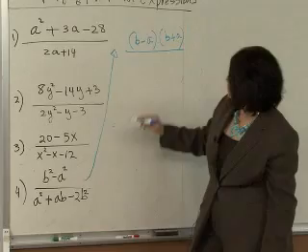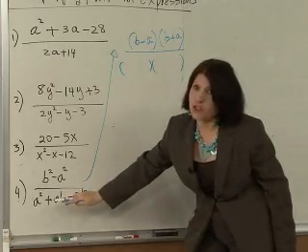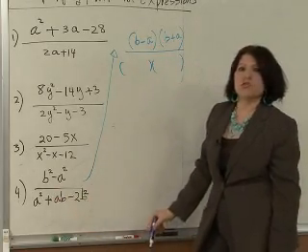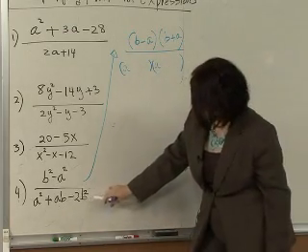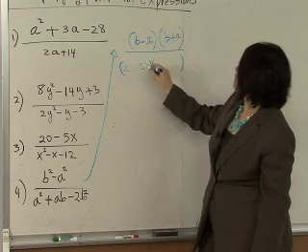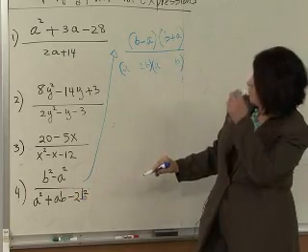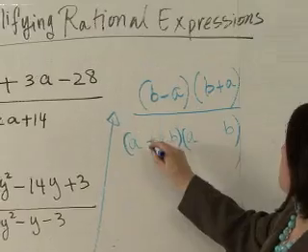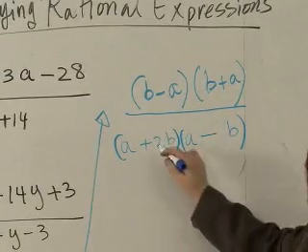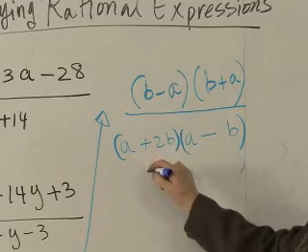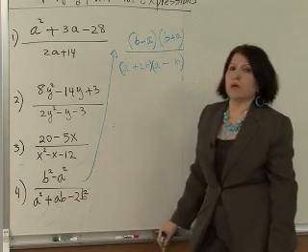I want to factor the bottom, and I'm going to use trial and error here, but there isn't really much trial and error since the leading coefficient is 1. So the a squared is a times a, and then 2b squared is going to be 2b times b. And I'm looking at a +1 coefficient for the middle term. So I'm going to make the 2 positive and the 1 be negative. So I get 2BA as the inside, negative BA as the outside, and that results in positive AB